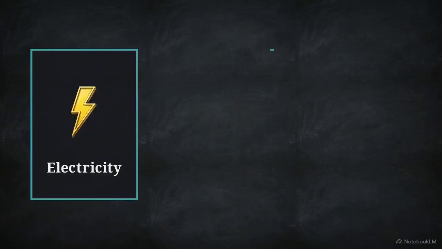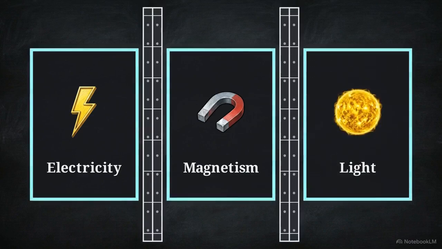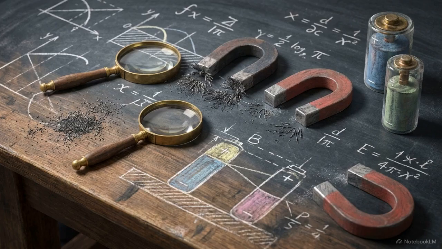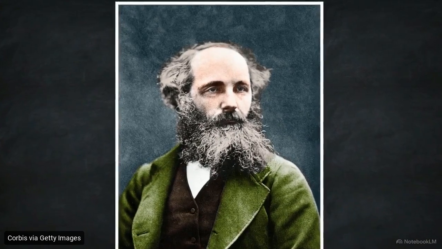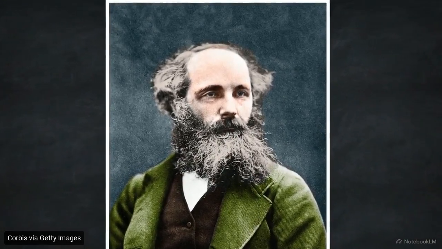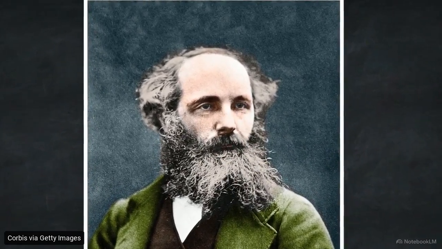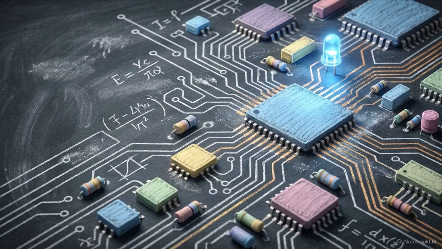Scientists then viewed electricity, magnetism, and light as three distinct phenomena, each governed by its own isolated set of physical laws. Our ability to broadcast signals across this cityscape didn't come from trial-and-error tinkering with magnets or lenses. It began when James Clerk Maxwell developed a mathematical framework that linked electricity and magnetism directly, suggesting they were two parts of the same force. To understand our wireless world, we have to trace how those abstract equations physically became the hardware that moves information